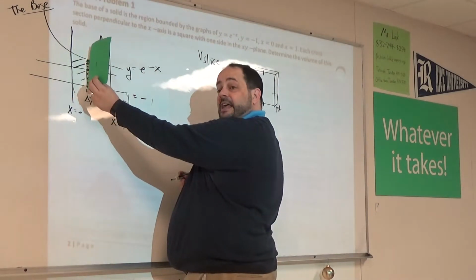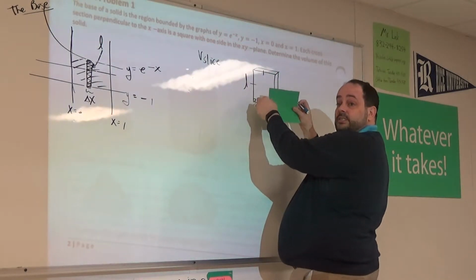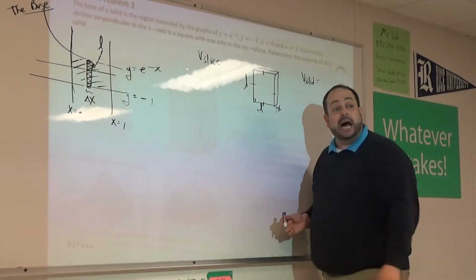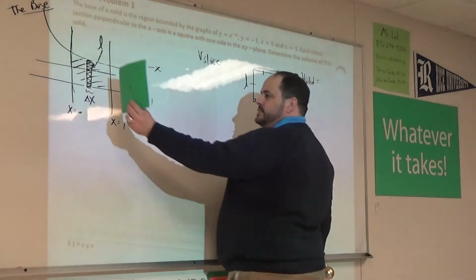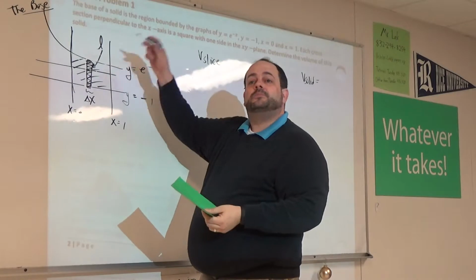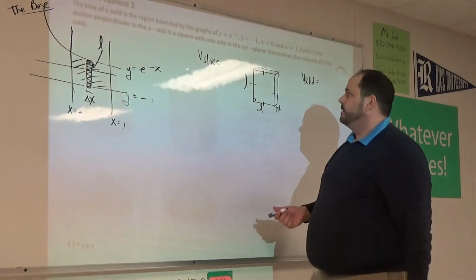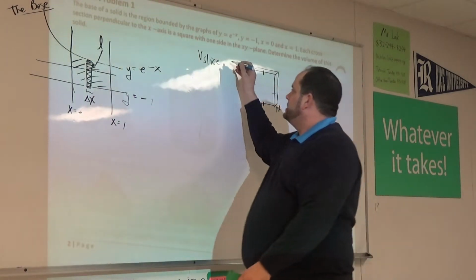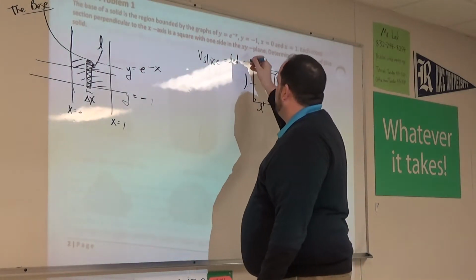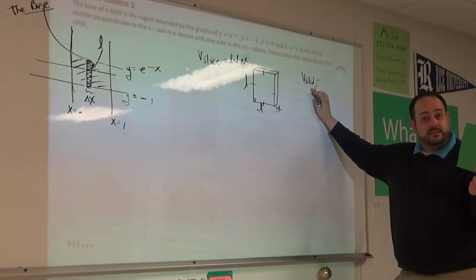My little piece of paper that has some thickness coming out of the board, I'm just saying, let me put it over here and find the volume of this slice. That's the volume of the slice. Now what I need is the volume of the solid. We'll take our lessons from Riemann and the way that we did area, and then the way that we did volumes of revolution. It's the same way we're going to handle these cross sections coming out of the board. If you know the volume of the slice is L squared times dx or delta x, look at that, I'm already being sloppy. Then the way I get the volume of a solid, which means add up all my slices,